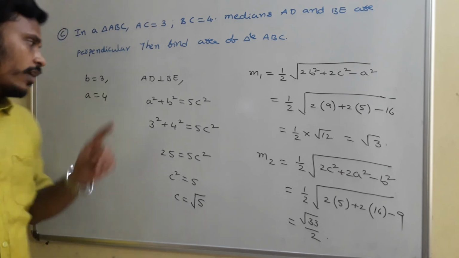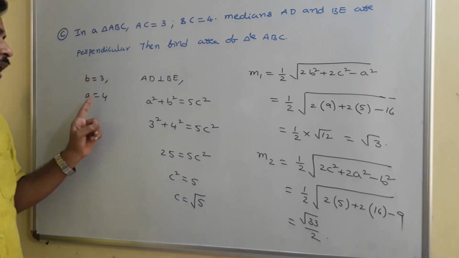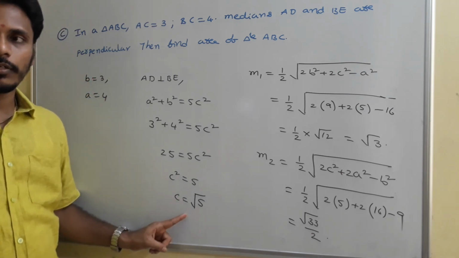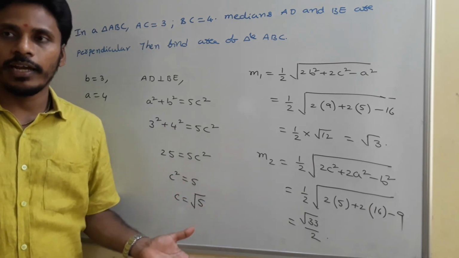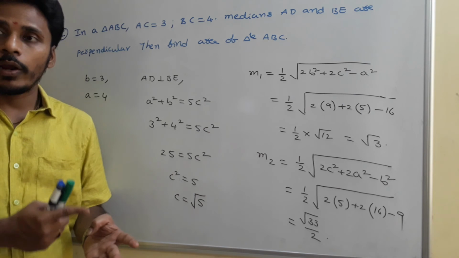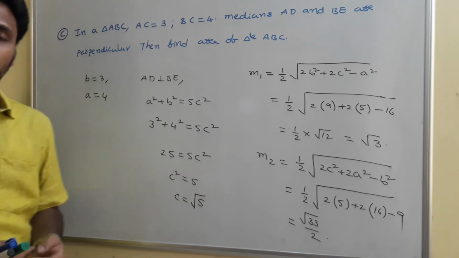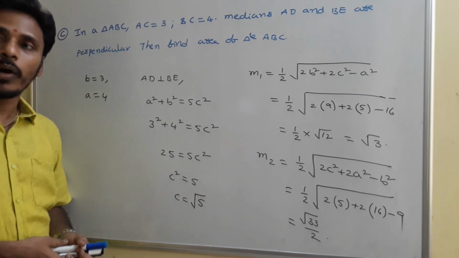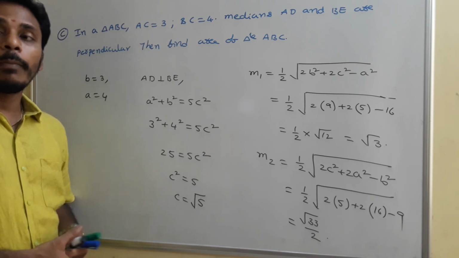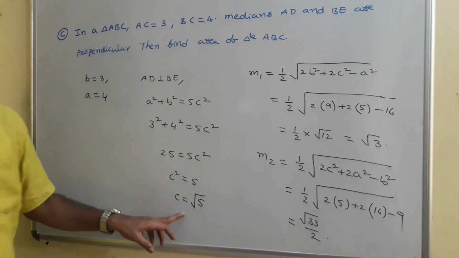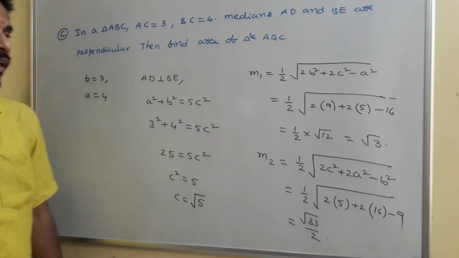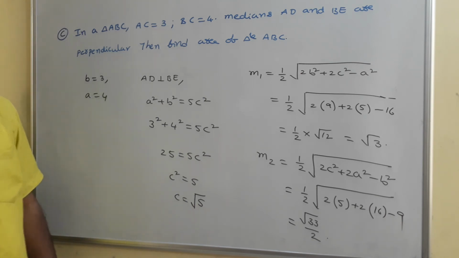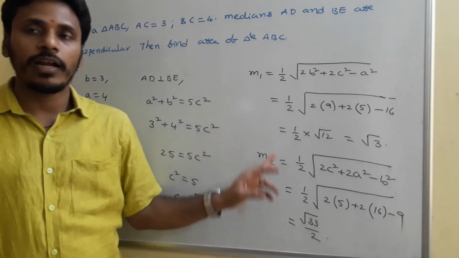So actually given a and b, directly I found c with the relation. After having a, b and c, there are different ways to find the area using Heron's formula. Square root of s into s minus a into s minus b into s minus c is one way to find it. But here since it is root 5, using Heron's formula is somewhat more complicated, and that's why to simplify the situation, I am using m1 and m2.